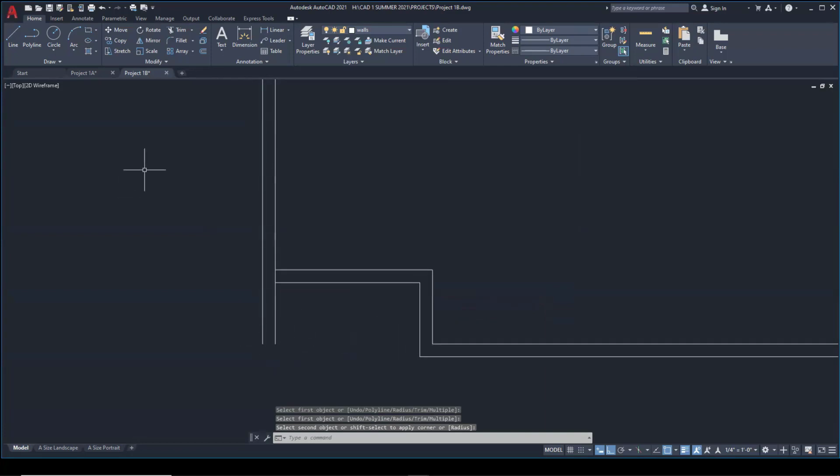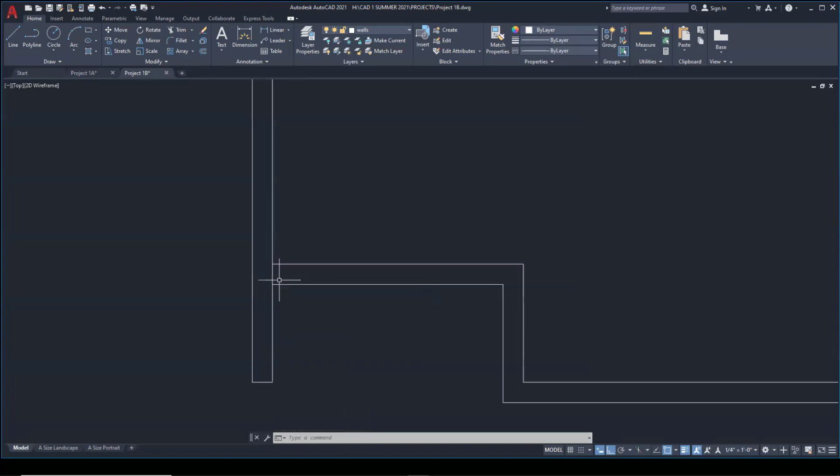And over here, I guess I will use the line tool to close that off. And I've got a little space here, but you know what? I'm going to have a door frame, and I know that that door frame is going to be 2 inches. So why don't I just go to the offset command, type 2,